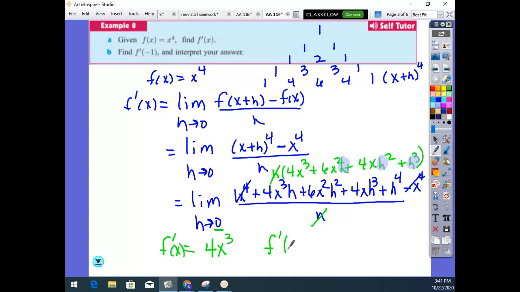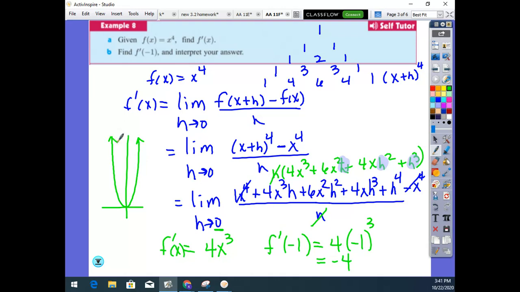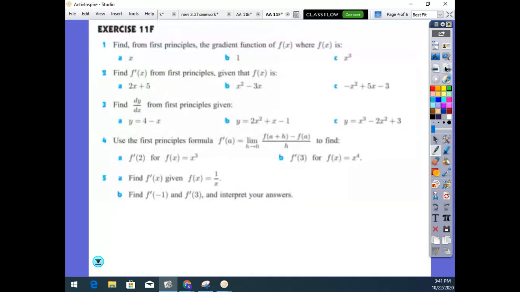So if I find the value for letter B, f prime of -1 is 4 times -1 to the 3rd, which is -4. On the graph, x to the 4th, that's just a really steep U. At -1, it's got a tangent line that has a slope of -4. And that is section